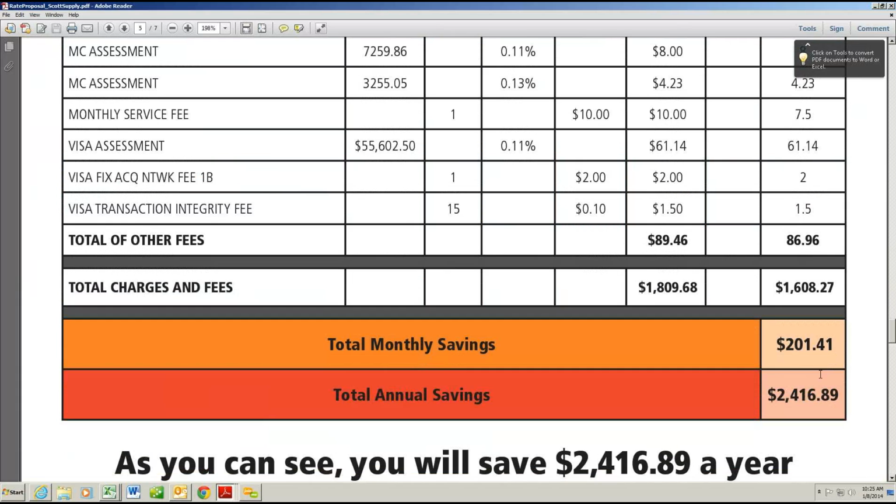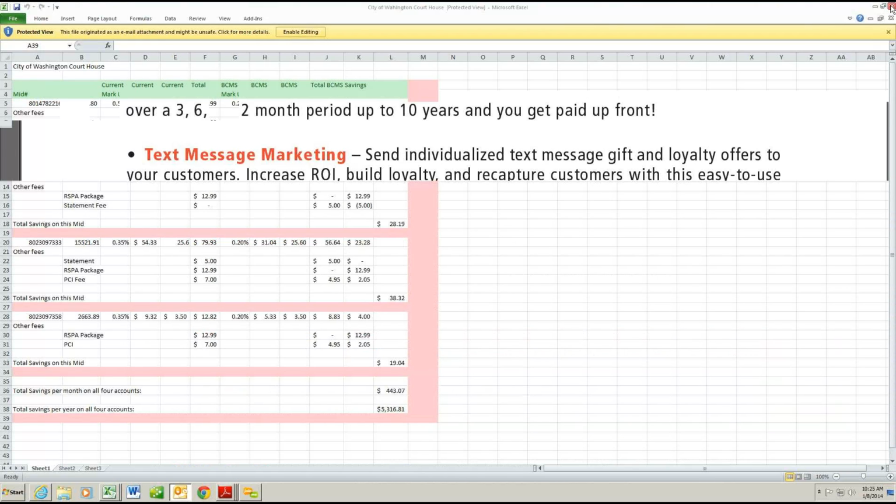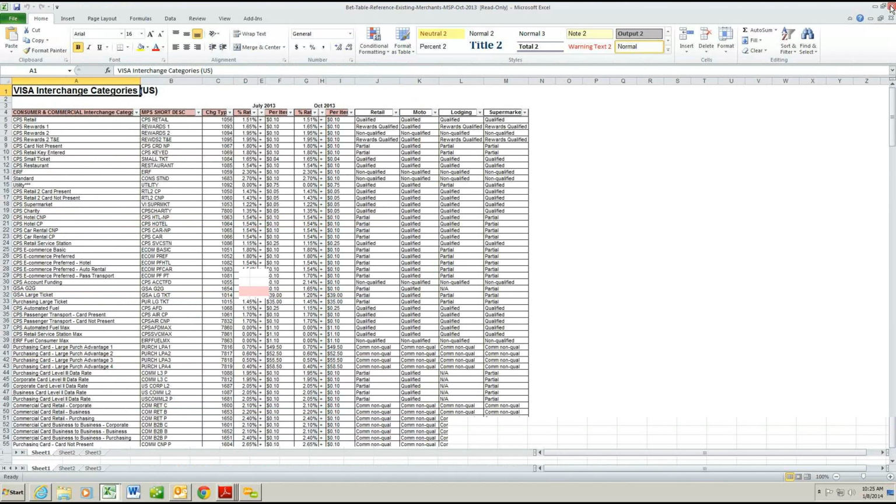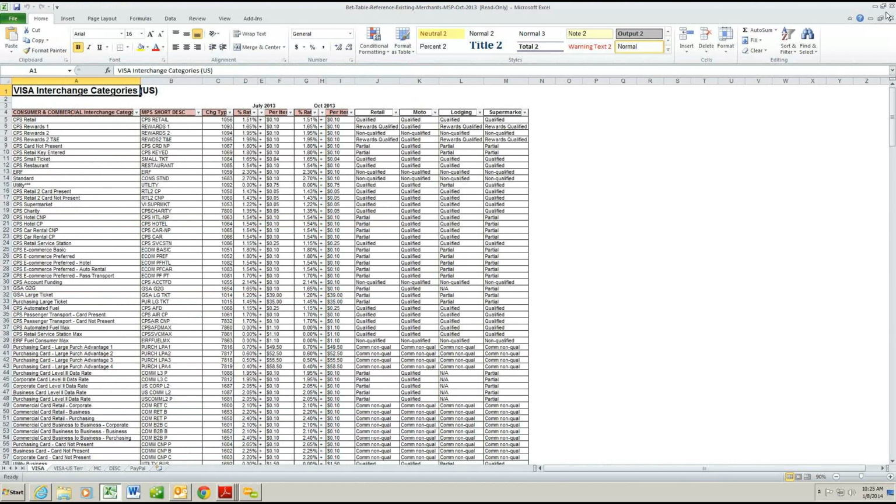So obviously, the larger the volume, the more savings we can show. So initially, as a rookie, what you have to do is get these proposals, send it to our office. Get the statements, send it to our office, and we will put together professional proposals for you based on the interchange and pricing, and then you can basically present this to your customer, go over the numbers with you, and as I said, we will use these